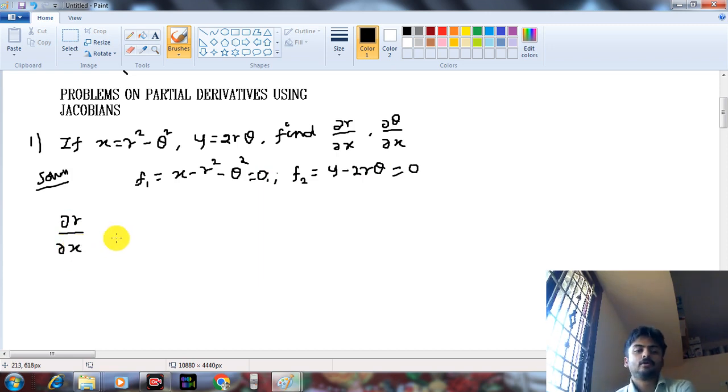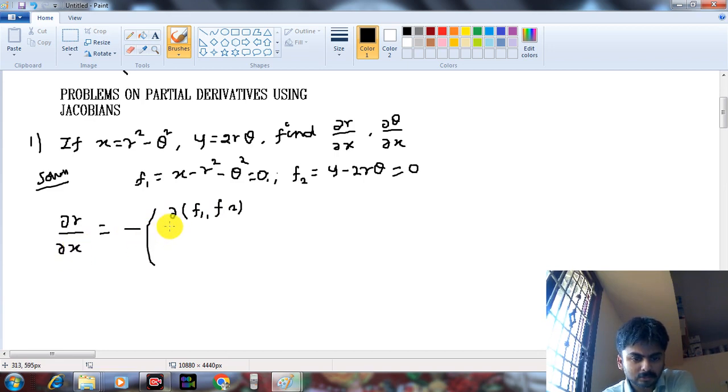Okay, ∂r/∂x. The formula here is equal to, using the Jacobian, 1 minus, and in the numerator we will have ∂(f1, f2) with respect to, I am doing it with respect to x. I am doing it with respect to x. So I will have,